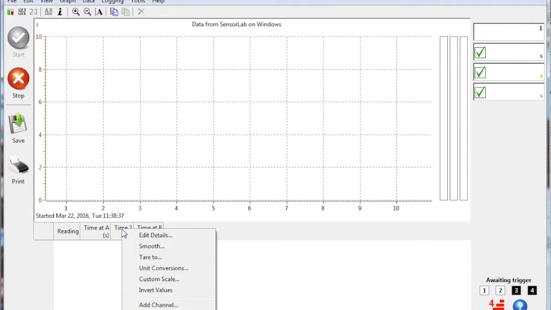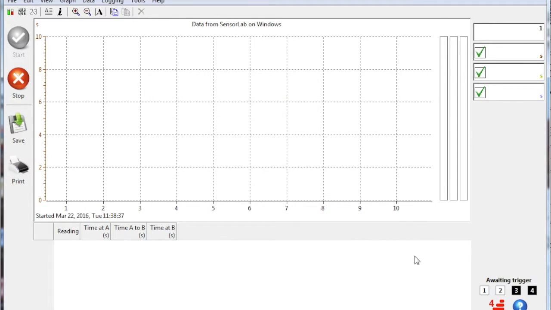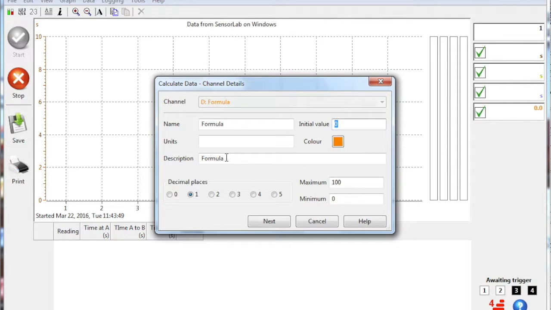And then time 2, again we're going to edit the details. This is the time to travel from A to B. And we click OK. Now we're going to add an additional channel, which is the speed at A. And to do that, go to the Data menu and select Calculate,